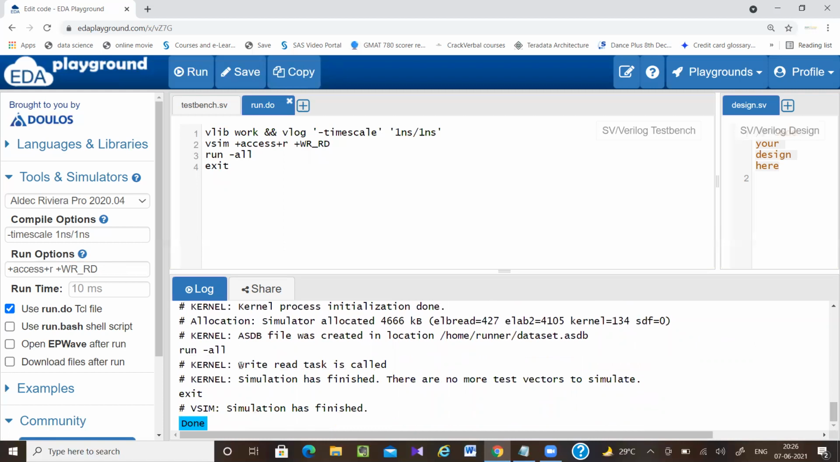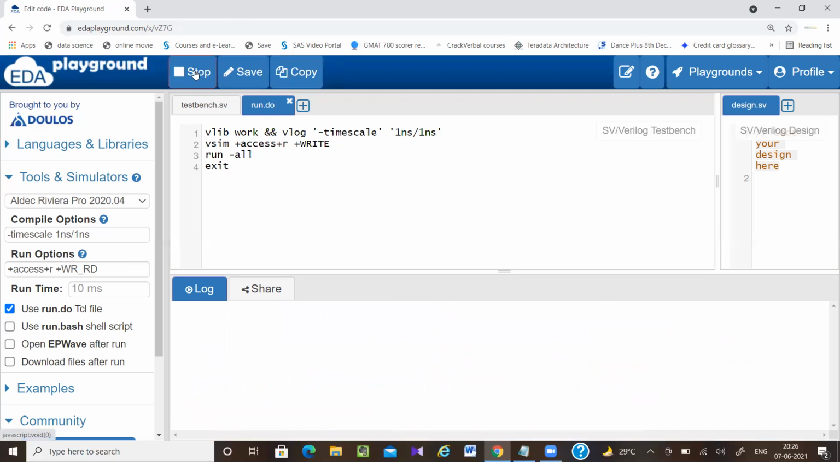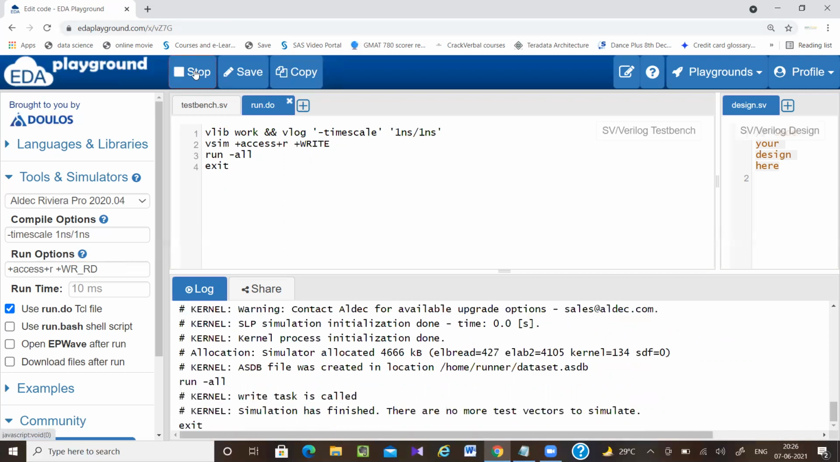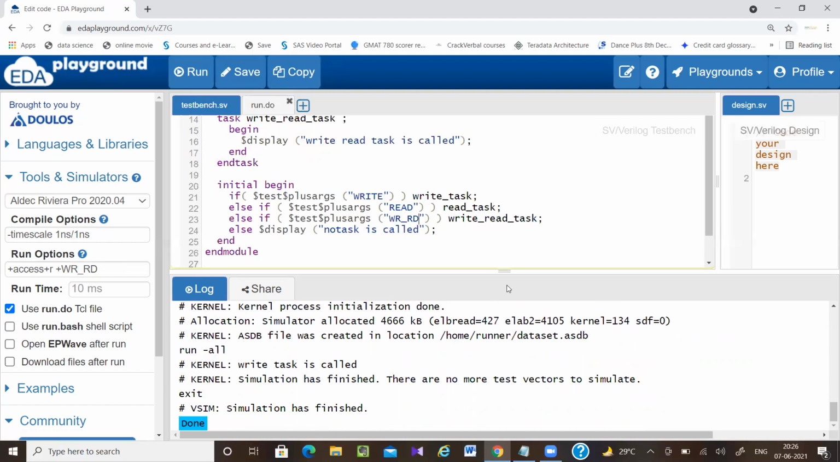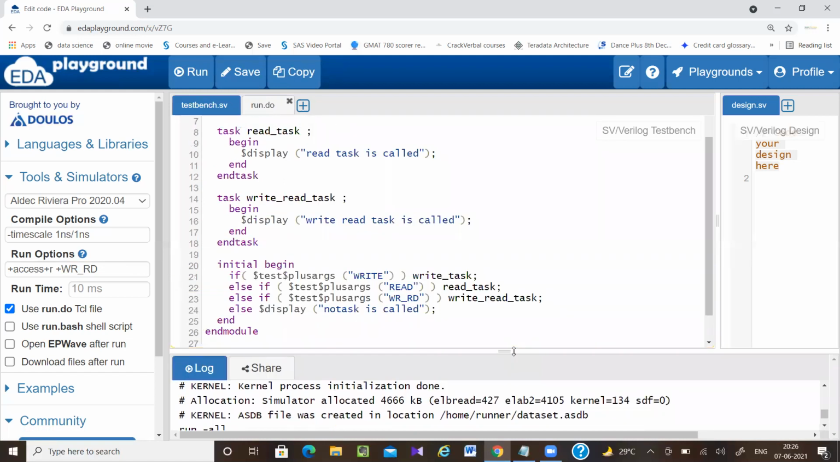Okay, so now here you can see write data task is called. Okay, so now I just want to call the write task. So I can write here, write. I don't have to go into the test bench and compile it. Okay, write task is called. So this is the use of your $test$plusargs. If you don't want to pass any value, you just want to control